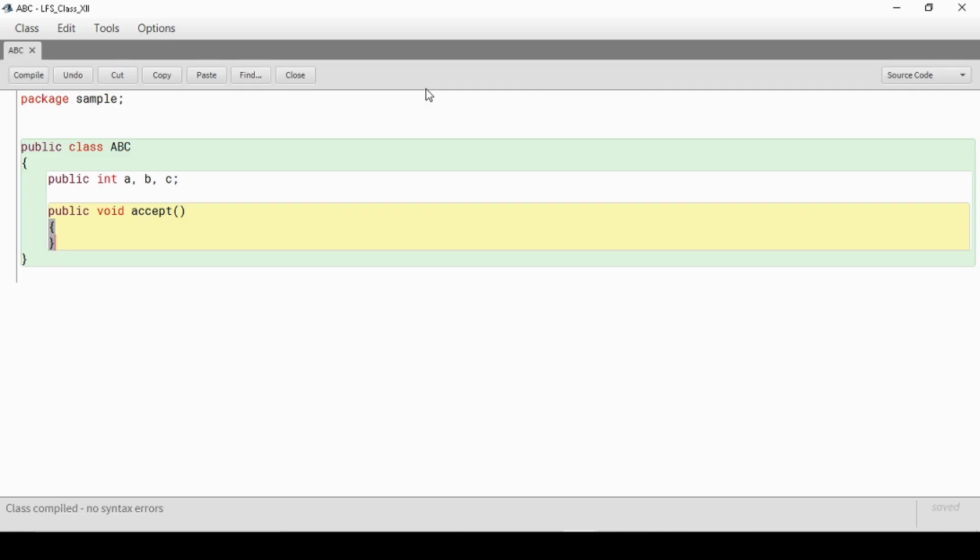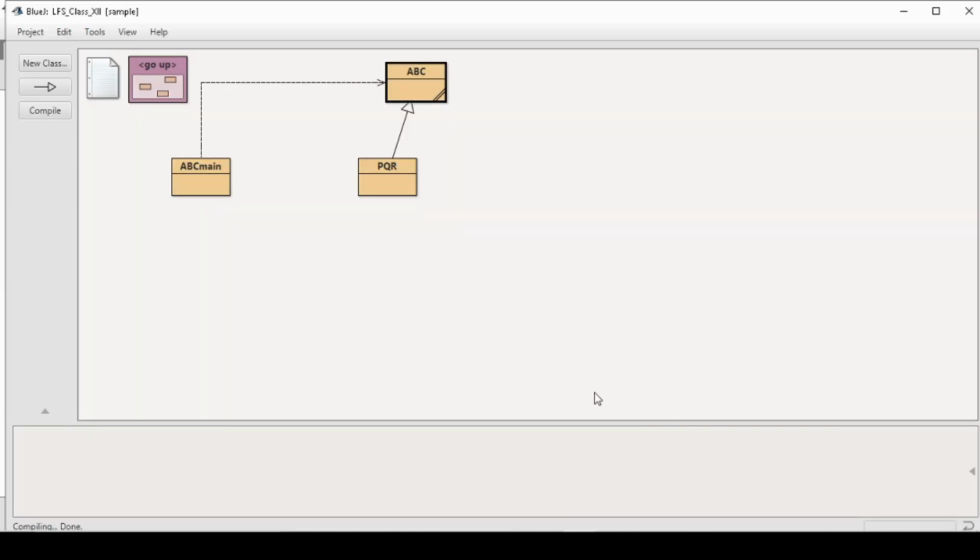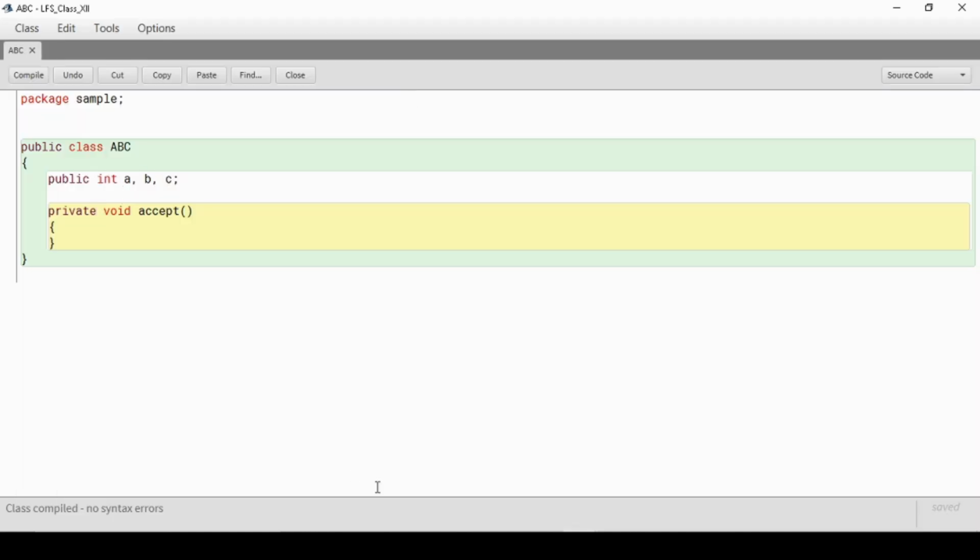Now let's see if I make this private and compile. Let's see whether it would be inherited or not. So let's create an object of PQR and let's see, inherited from ABC, nothing is inherited. So that means private members cannot be inherited. Let's see protected.